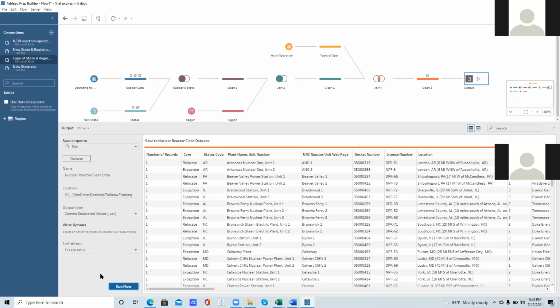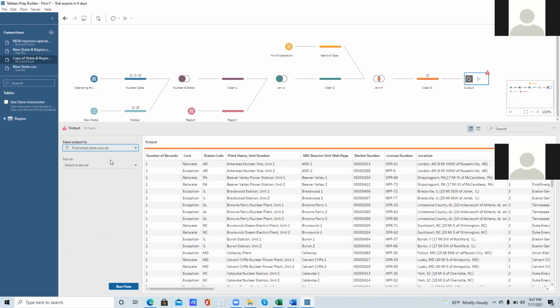Everybody listen again. If your boss says, okay, save this data on the Tableau server, what is the file type that you're going to save it as? We discussed this yesterday. If you want to save it on Tableau server, you save it as a published data source. Click on the published data source, connect to your server, and it's going to publish as a hyper.